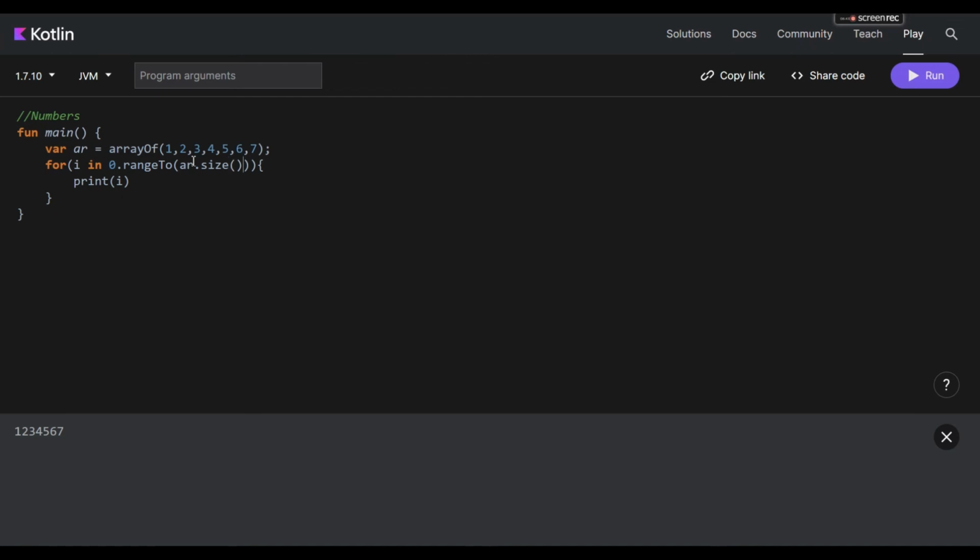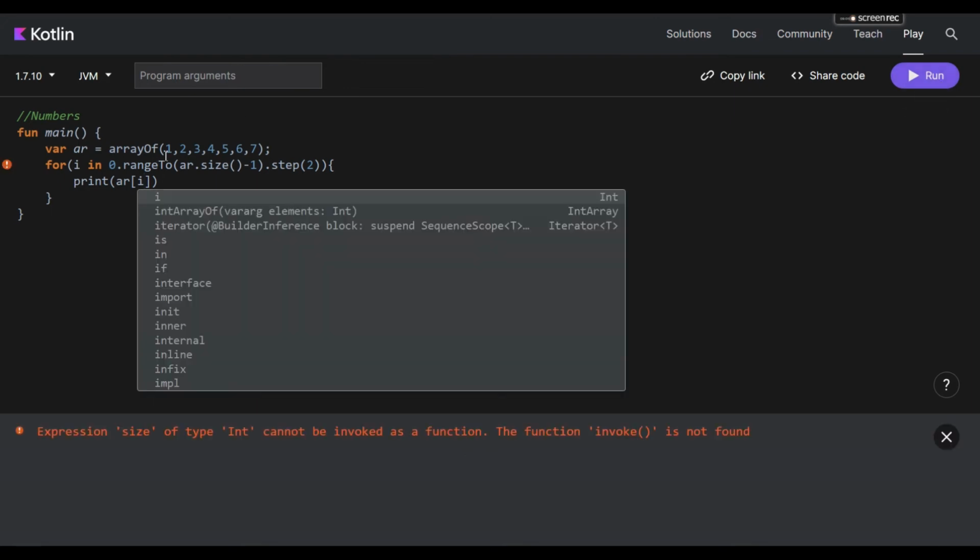There is a function named array dot size, which we have already seen, and you can subtract 1 from it since it is 0 based. So this will create the range from 0 to 6. But we want the step size of 2, so that's why we will have step 2. And now here instead of i, we will print array of i. Okay, so if I run this, I'll get